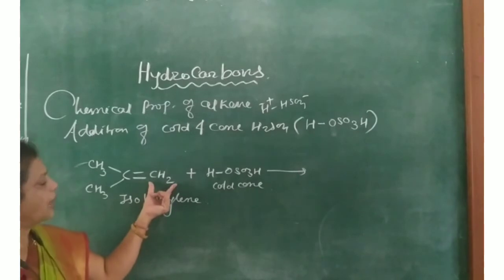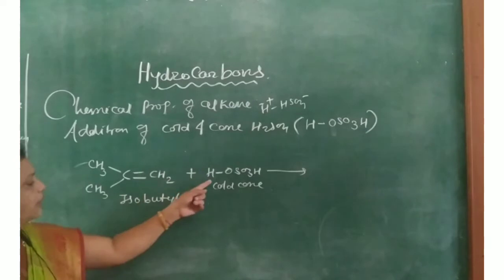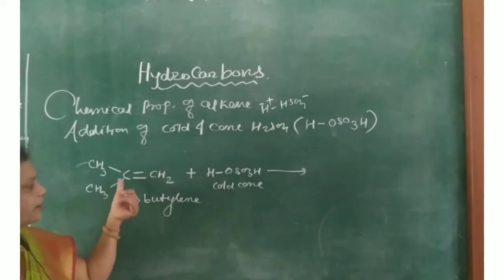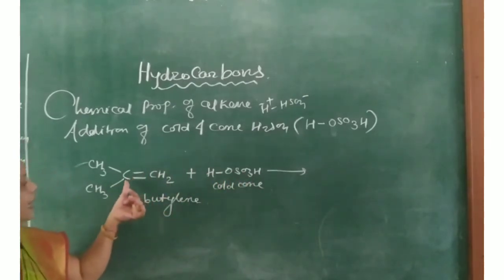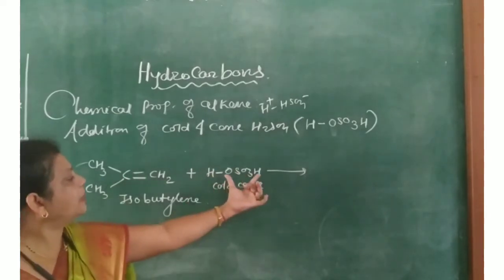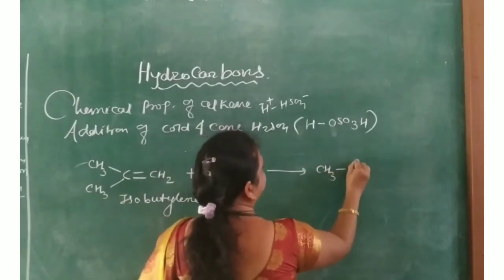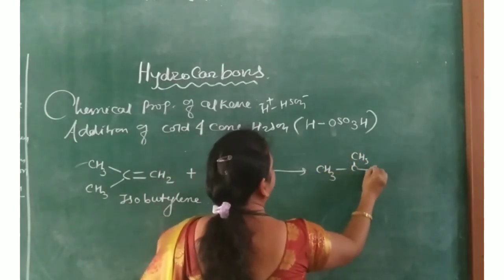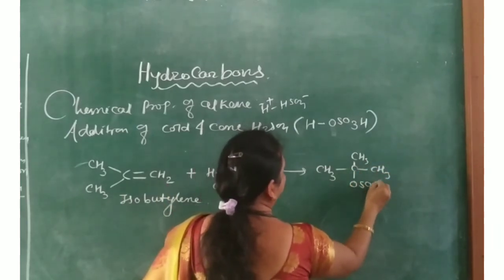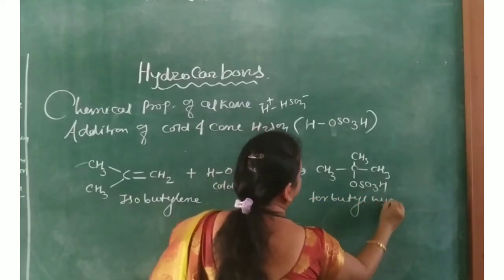2 hydrogen atoms, and that's why this is rich. So here H comes to CH2, rich becomes richer, and here there is no hydrogen atom, and therefore the negative part goes to that carbon which contains less number of hydrogen atoms across the carbon-carbon double bond, and therefore OSO3H combines here to form CH3CCH3, here again CH3 because CH2 plus H is CH3, and here OSO3H. This is tertiary butyl hydrogen sulfate.